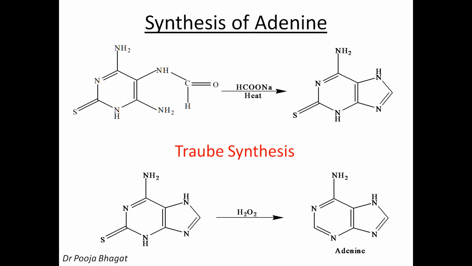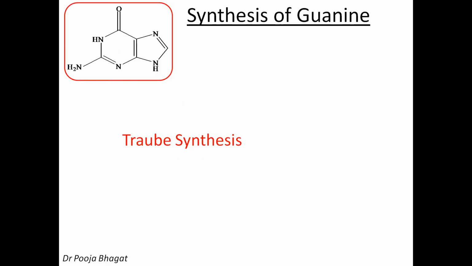So if the Traube synthesis is clear to everyone, you can easily select the reactant depending upon which purine we have to synthesize, and then we can easily write down the steps because all the steps are similar. Now let's take, we have to synthesize guanine. In guanine, at the 6th position we have an oxo group, the ketonic group. That means I will start with ethyl cyanoacetate because I want a ketonic group at the 6th position.